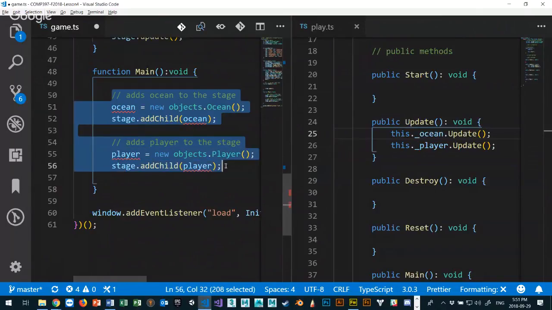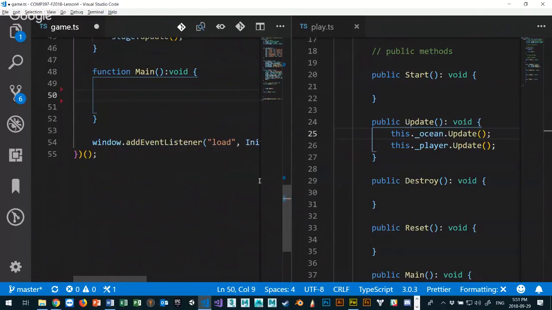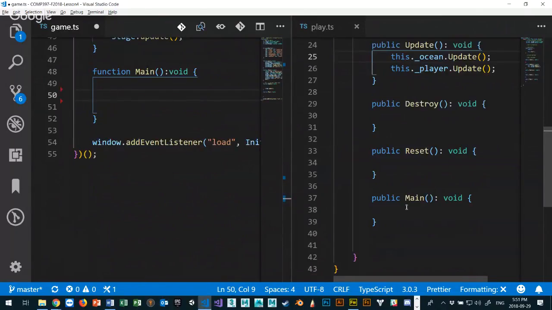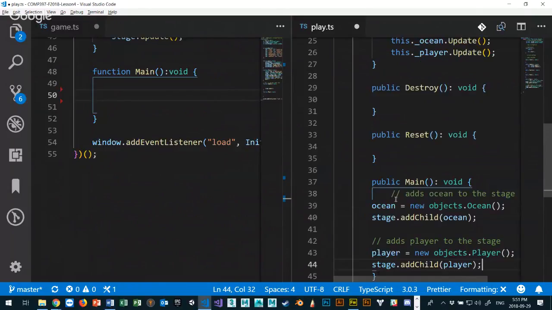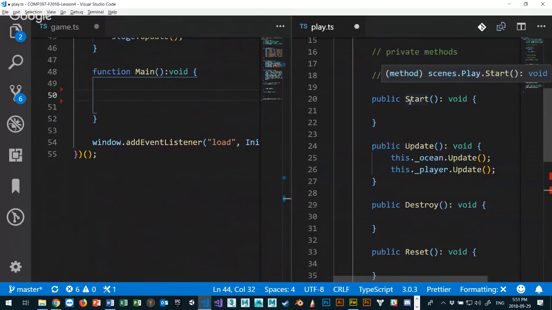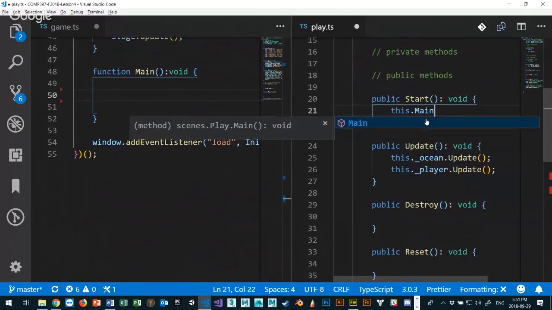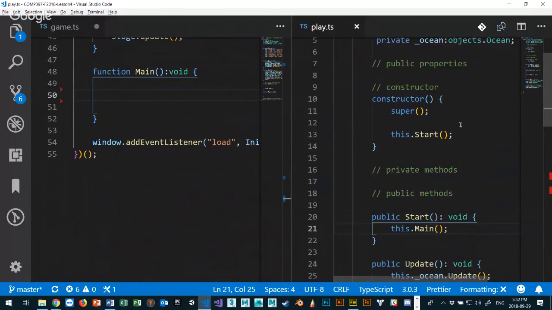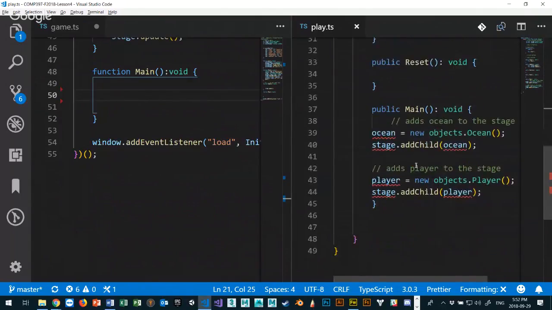In my main, I have all this stuff. I want to grab all this stuff from my game and put it down here in my main. Wait, how do I get to my main from my start? I don't right now, but I'm going to call this.main from my start method for now, so it gets there. So far I go constructor, start calls main, I'm going to do all this, and then I'm just going to